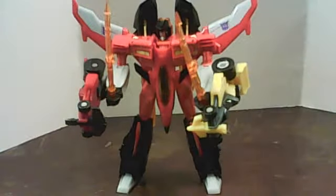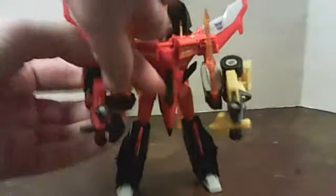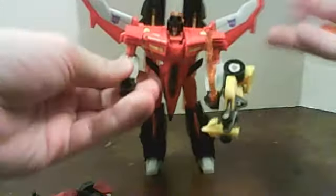So yeah, there's that. And now I'm going to put his shield, his swords away and, you know, pop off his mini-cons. How about pop off the mini-cons first and then take off the swords? Yeah, that helped a lot! So, we're going to put him in jet mode, you know, after we put the swords on his wings. Oh, no, wait. Before we go into jet mode, I still have to show off his,